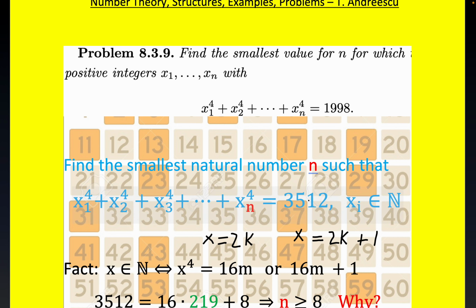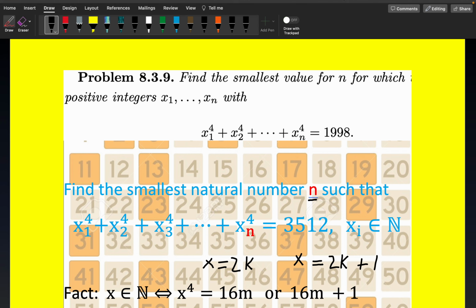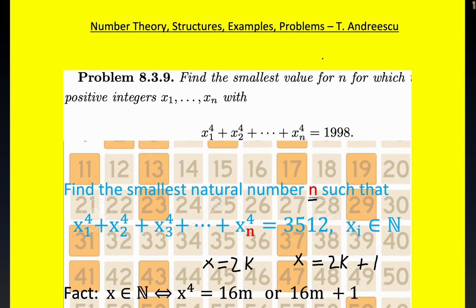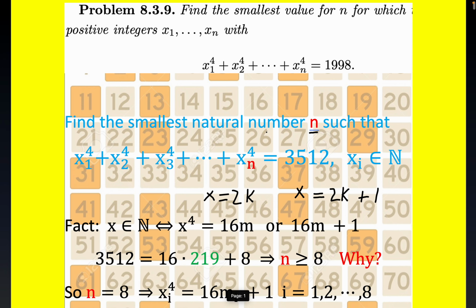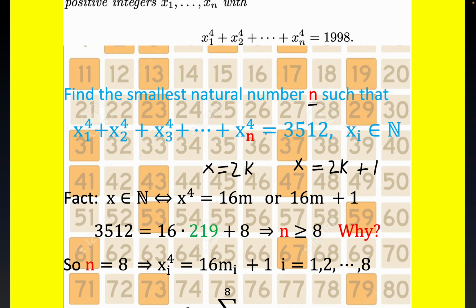And again, what are we trying to do? We're trying to write this number, 3512, as the sum of n fourth powers, and we're looking for the smallest n that gets the job done. This was motivated by a problem in Titu, a very prolific number theorist's textbook. Now you can see right here this fact about fourth powers and 16,